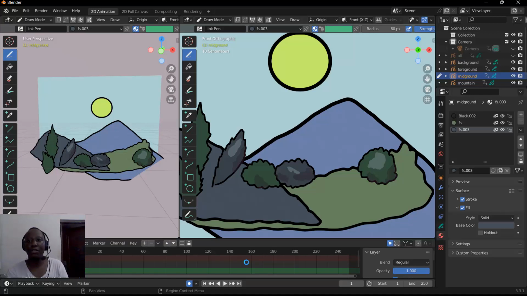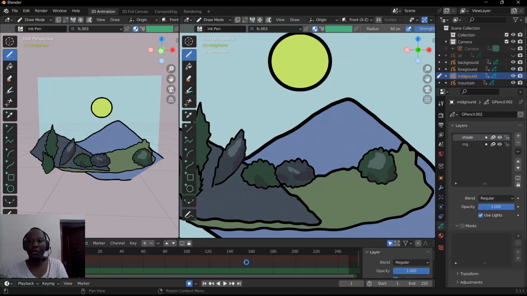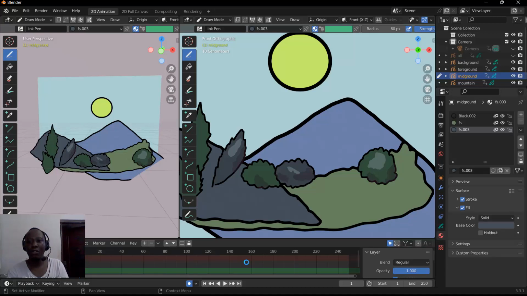So let's see. All our brushes actually have a stroke. Now the problem is if I turn off this stroke, then any layer that uses this stroke is now going to have that stroke as well. So I could turn off the stroke and then draw the shadows, but that would be nice, right? So what I need to do is to just create a new material, or we can use any material we have here, but I'll just create a new one